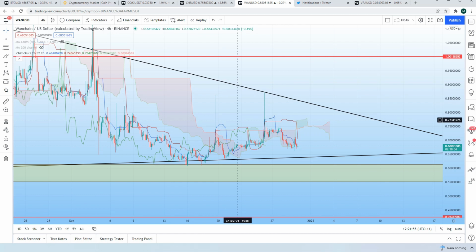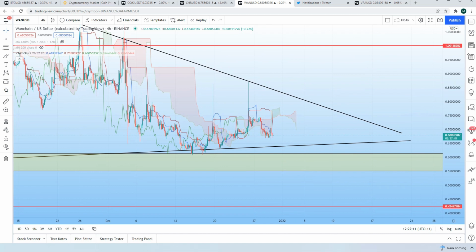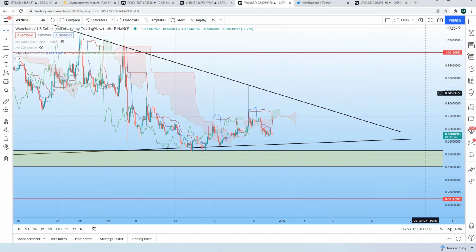It'd be quite shocking to see a huge push up to 83 cents, although we do have to keep in mind Wanchain has been seeming to move quite sporadically in the last few weeks with these huge random candles out of nowhere that last for a few minutes and then just crash back down. I'm not too sure what's going on. I do know there's a lot of bots trading Wanchain, and I definitely think there's something suspicious going on behind the scenes,